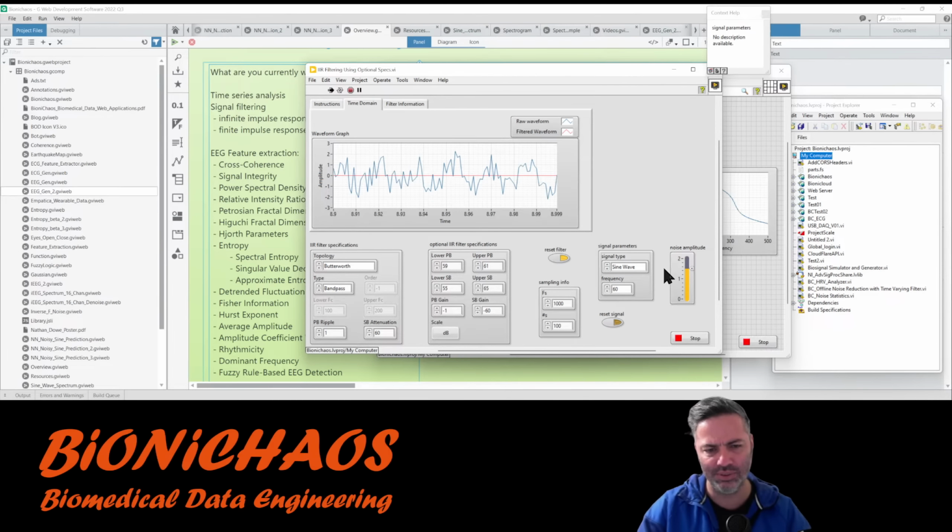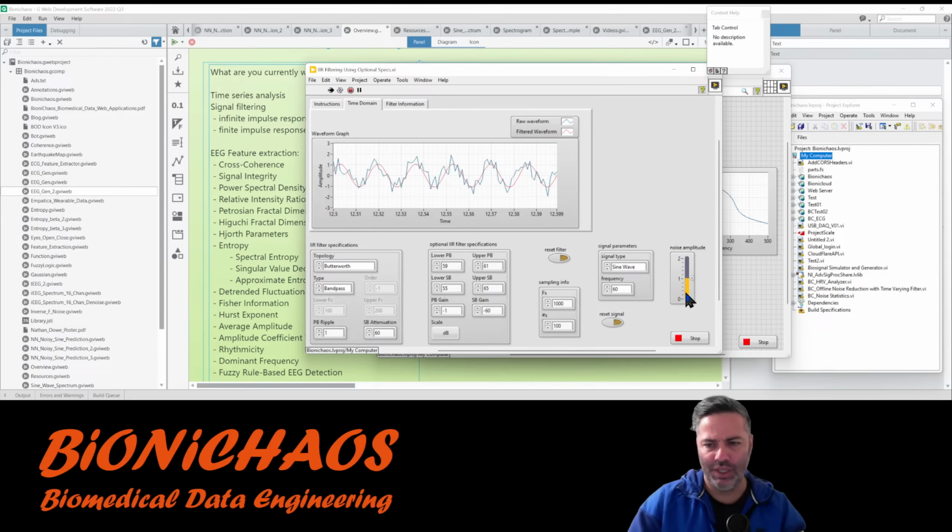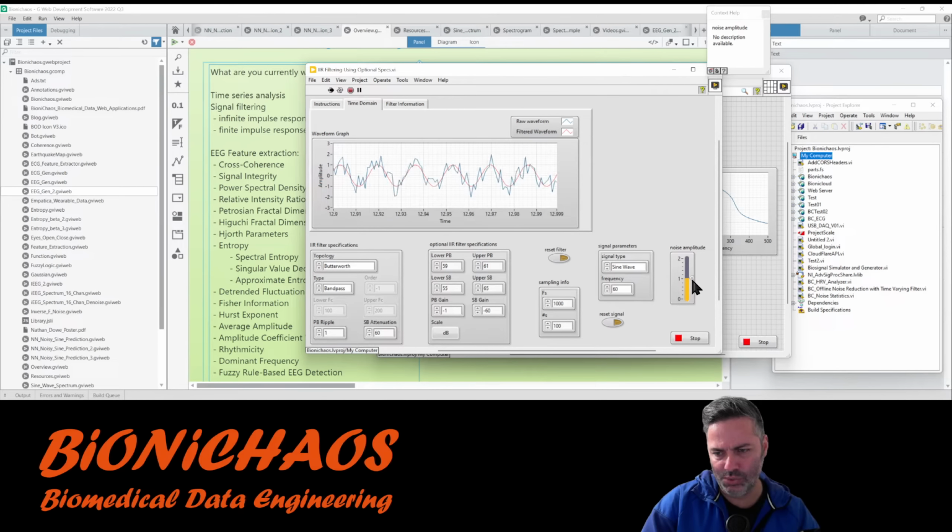So this is a good example because in like 5 seconds you can actually see how the filter stops doing anything useful because it's struggling to trace the signal if the noise is above a certain threshold. So you can go and try and find that threshold.